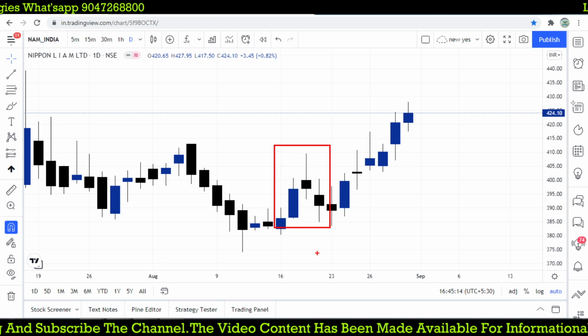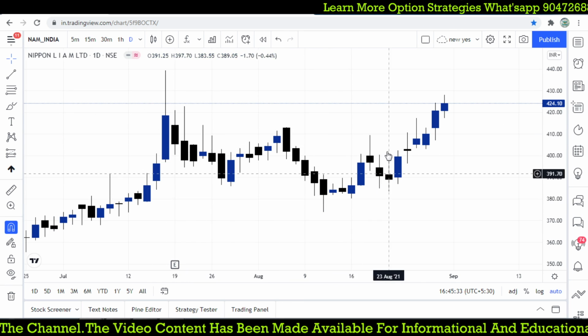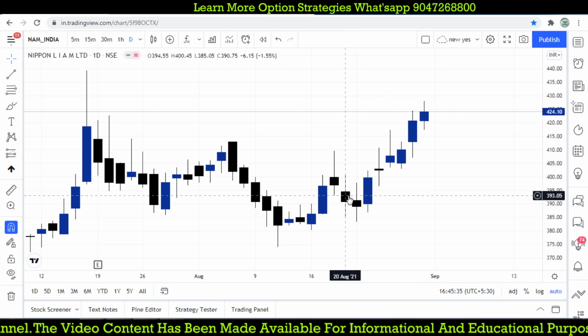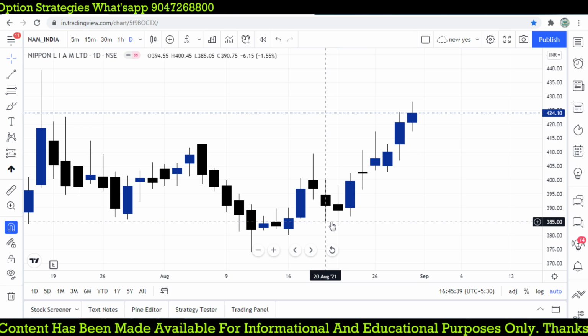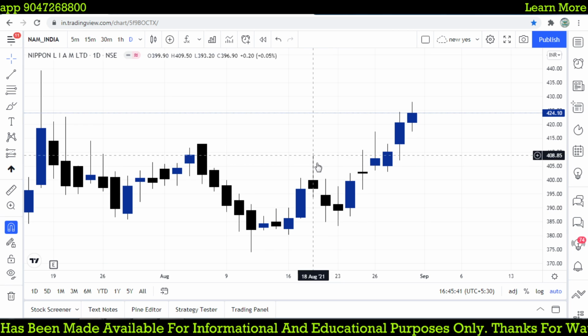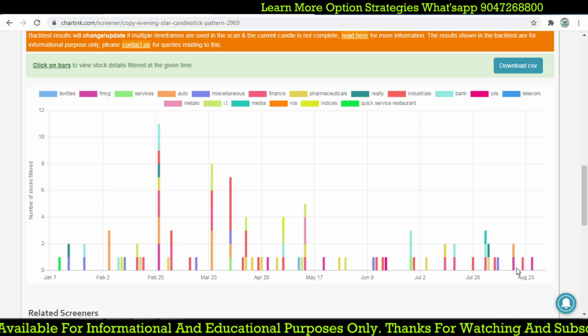If it forms at the highest level, it is even more powerful. But if you check that the market was previously down, then it forms at the bottom. If you are going to take the trade, whenever it breaks the three days low, that should be your stop loss. But this is not an exact happening at the highest level. Let's go for a previous one.